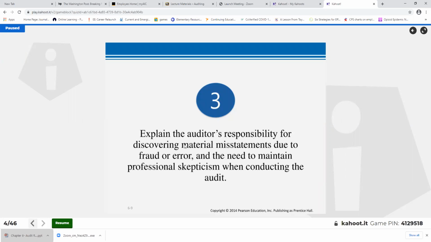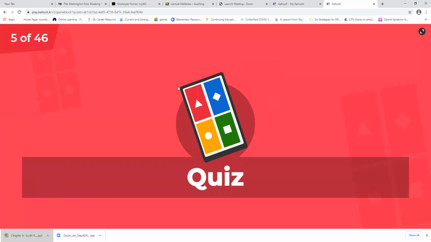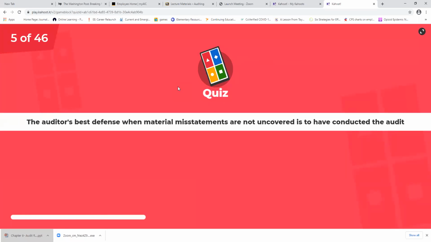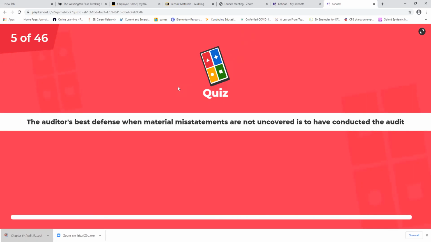So let's look at part 3: explain the auditor's responsibility for discovering material misstatements due to fraud or error, and the need to maintain professional skepticism when conducting the audit. The auditor's best defense when material misstatements are not uncovered is to have conducted the audit